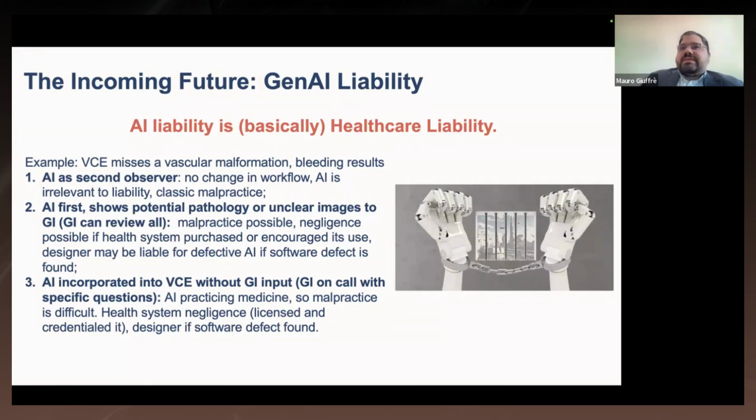If we think of AI as a second observer, the AI is just giving us some suggestions, but the first decision is still with the clinician. So there is actually no change in our workflow, because we are just using AI to support our decision, but we are still reviewing all the charts, all the images, and we are making the decision. It's not the AI making the decision for us. If the AI is the one who provides the recommendation without human supervision, of course, the fault is with the